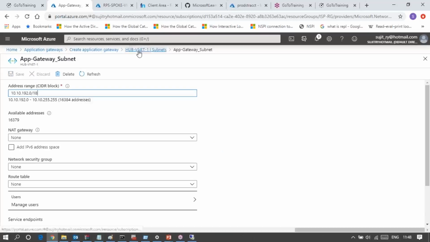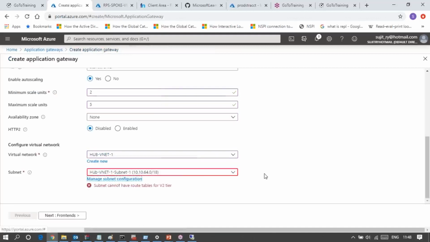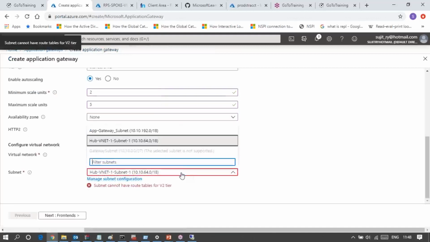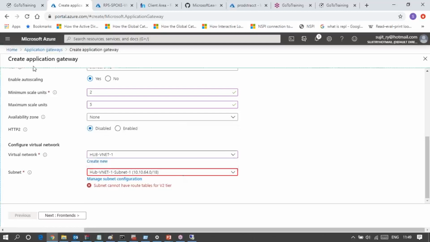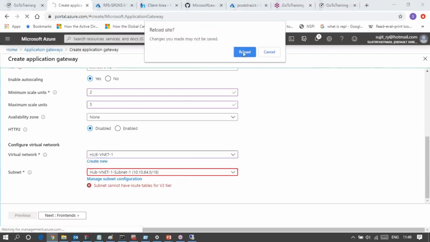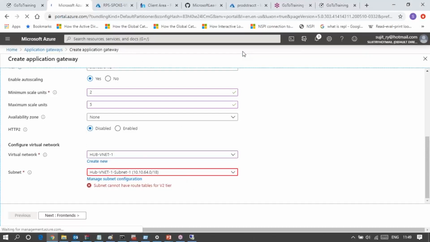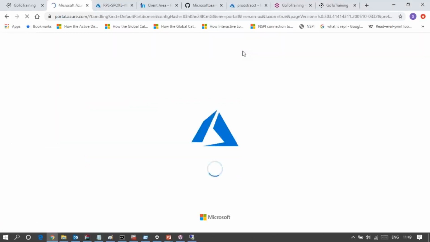So now go to the application gateway option. Choose your updated subnet. It is not visible there.